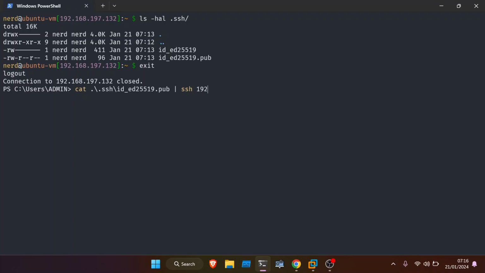SSH 192.168. Yeah, I'm gonna do that. 192.168. I'm not a very fast typer. 197. Start the .132 machine. And then I'll cat, echo to, there is the special authorized